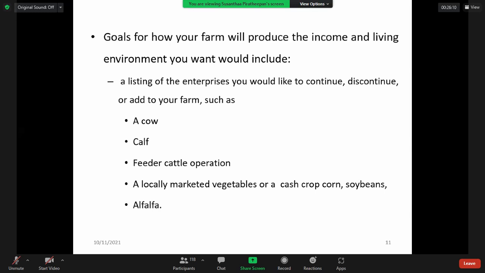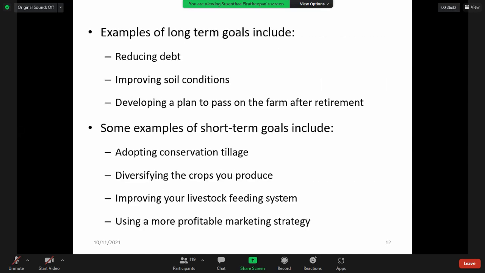And these are some examples for the different parameters or different terms. So we have more examples, so you can read a lot and get more idea of what the different goals are, or what the ways are that we can get income to the farm. And next we will discuss examples of long-term goals.